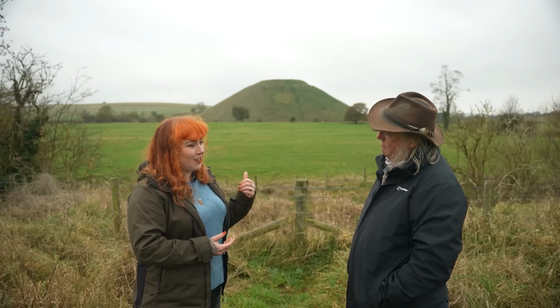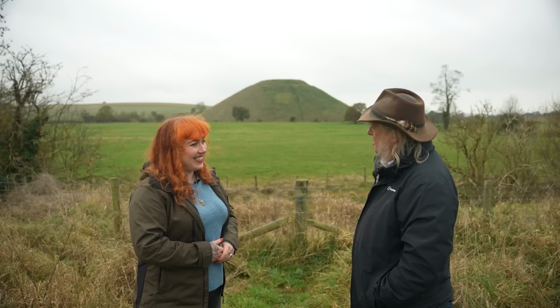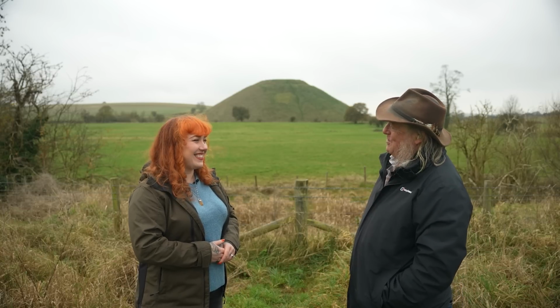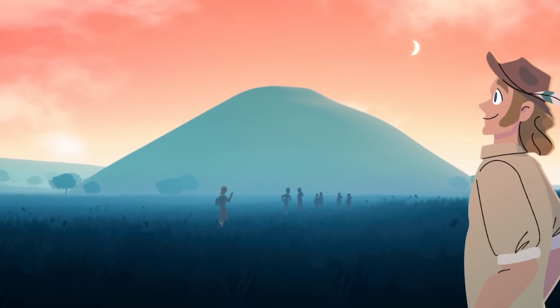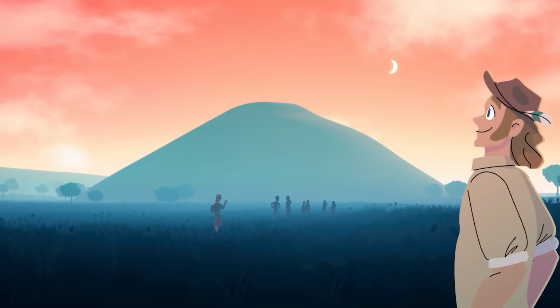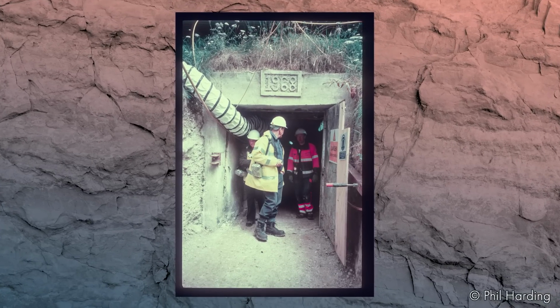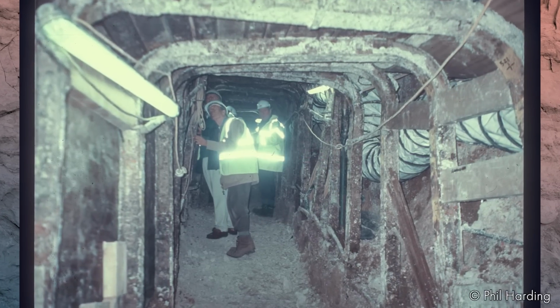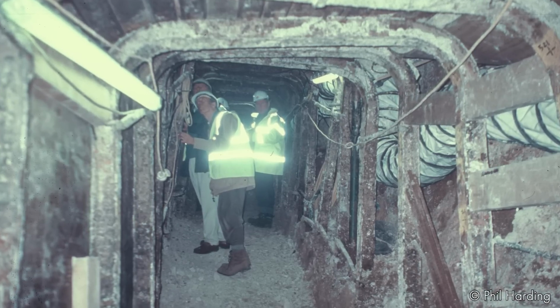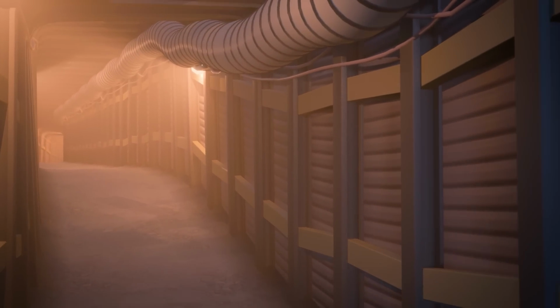And you've actually dug on Silbury Hill, haven't you? We did. I was here in 1969, the year that man landed on the moon, and I can remember being there. We dug a big hole in the outside ditch, and periodically we could go into the mound. Access to the mound was into this tunnel. They shot a big tunnel right into the core. What I can remember about that, I shall never forget, is that